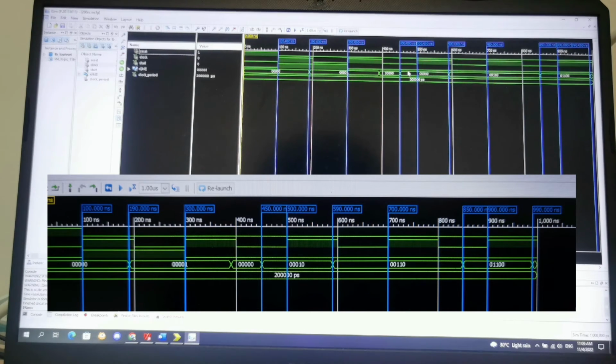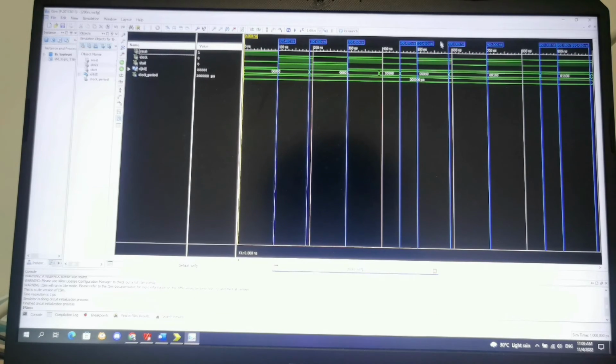So the first D flip-flop will start at 100 nanosecond, and only after the 90 nanosecond will it change the output to another result. So originally it goes from 000000 to 00001. Yes, so this is the simulation result for the clock period above